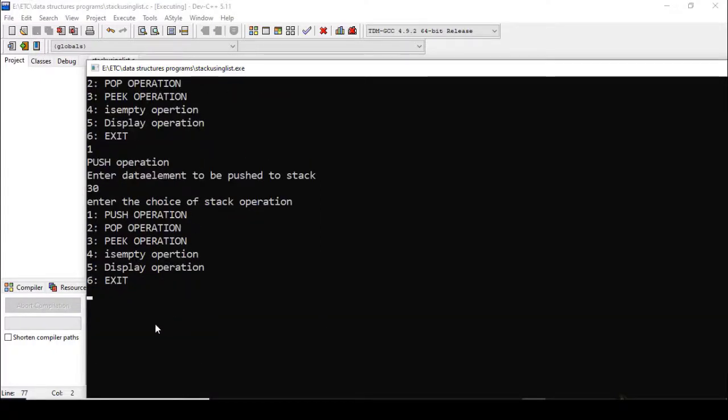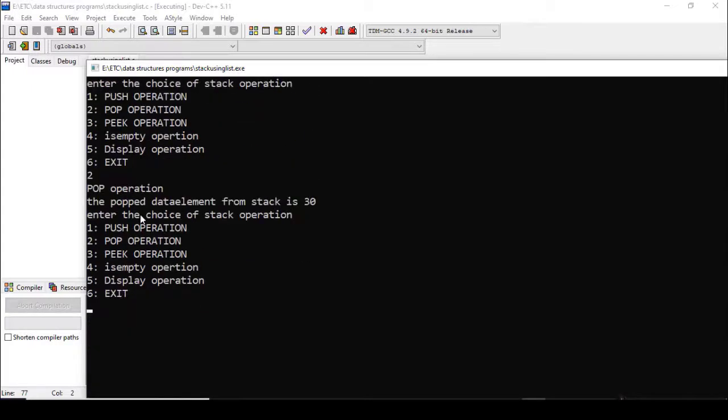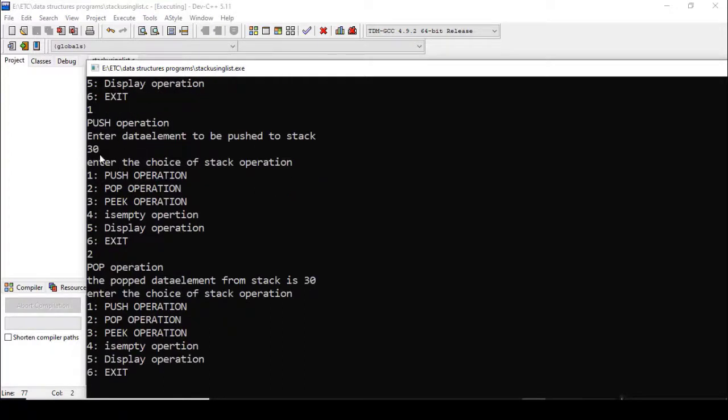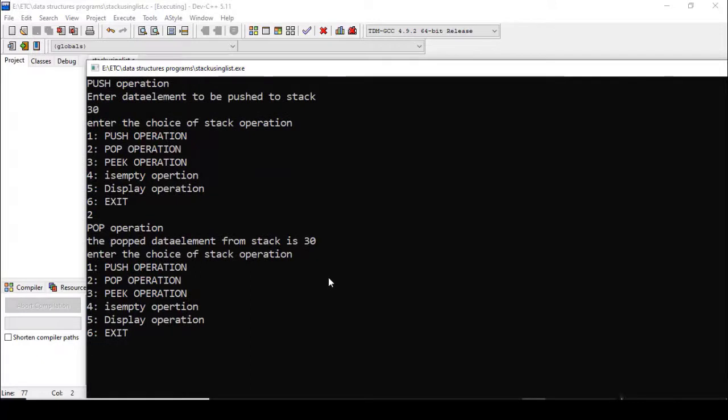Now I will perform the pop operation, that is the second case. You can see the popped data element is 30. The last inserted data was 30 and that has been taken out from the linked list.